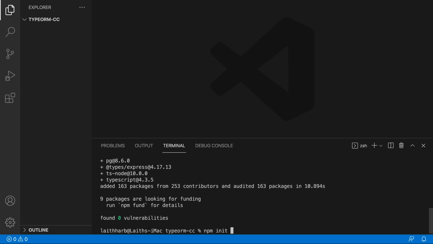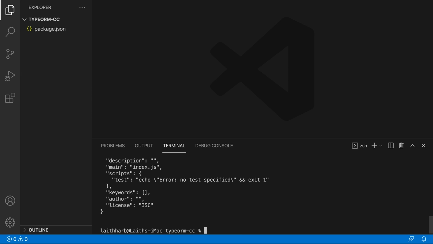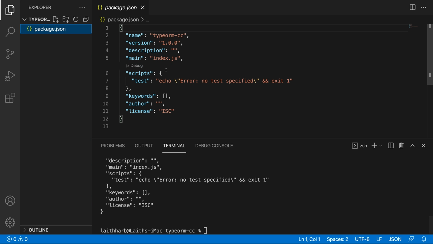And all I am going to do is just npm init -y inside of the integrated terminal. And what this is going to do is it's going to create the package.json for us. Now, another thing that we need to do is create a tsconfig.json file. So let's do that, tsconfig.json, because we are going to be working with TypeScript for this, because